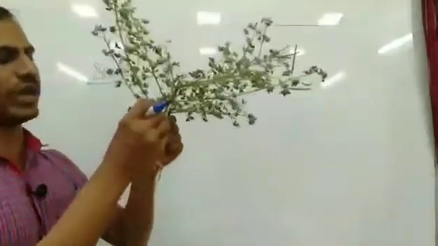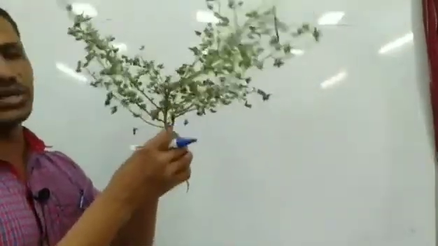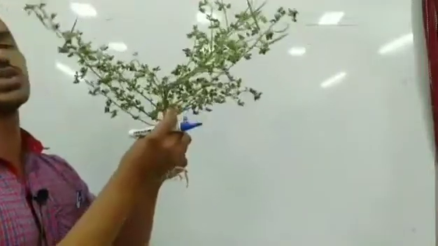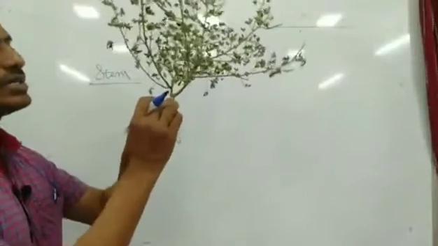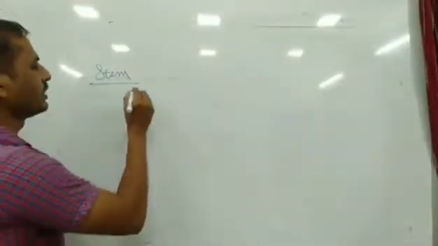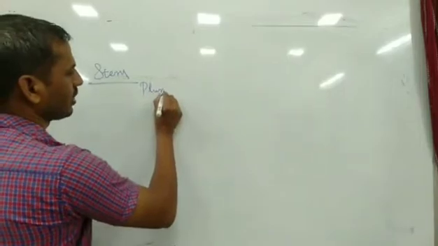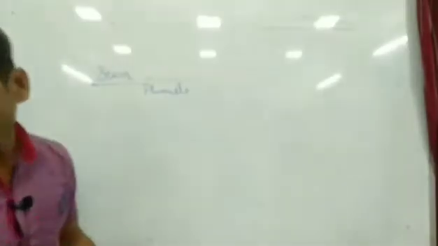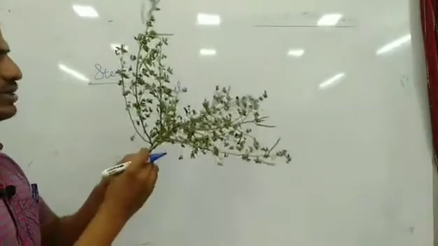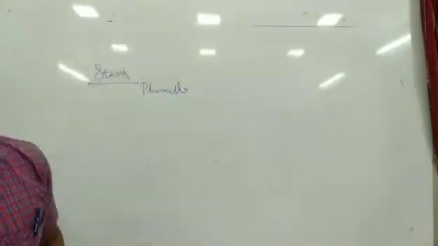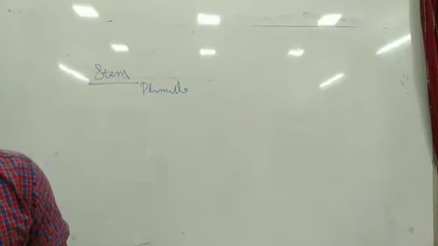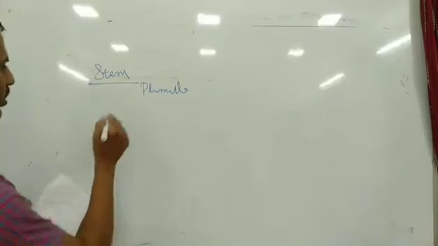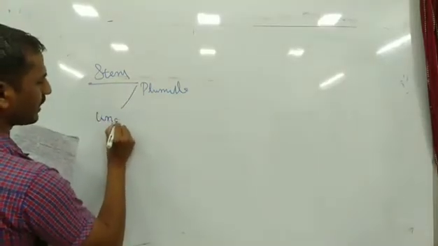When you look at the stem, this is a stem. Now the root system is over. Now we are going to study the shoot system. The shoot develops from the plumule region of the embryo. So the root we have seen. Now the stem is divided into three main categories. One is the underground stem.